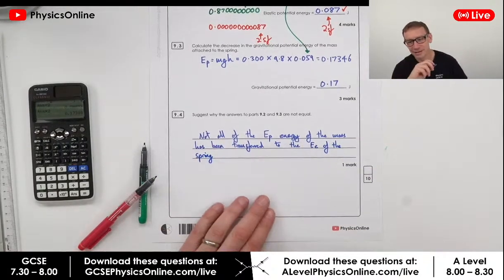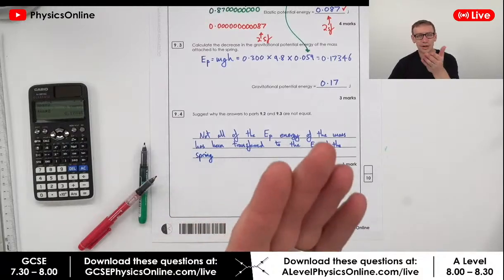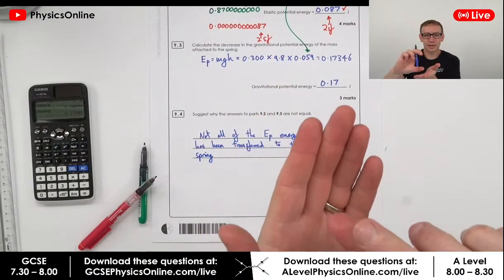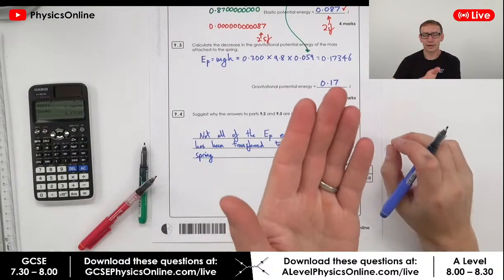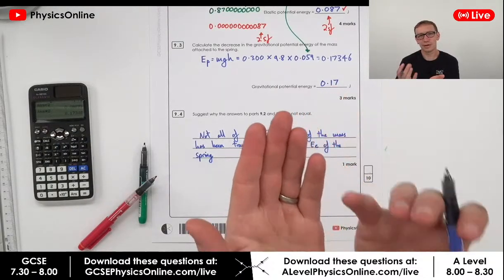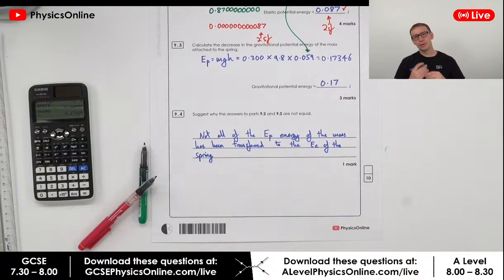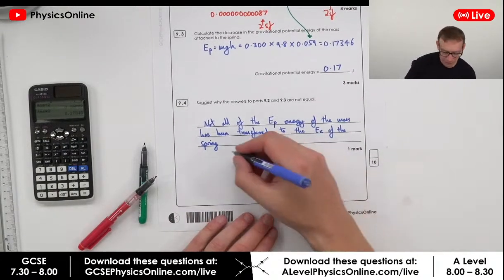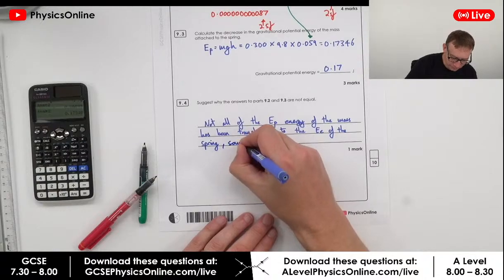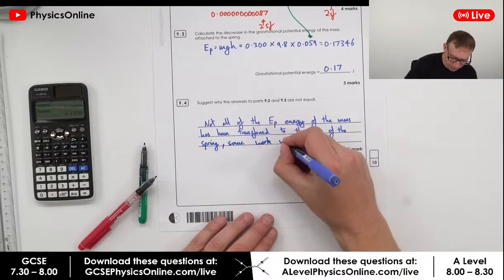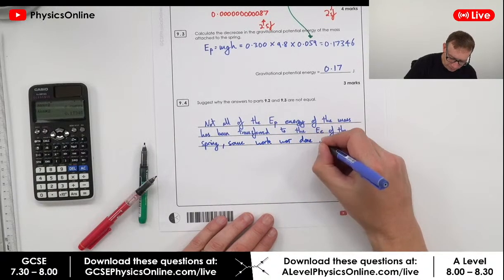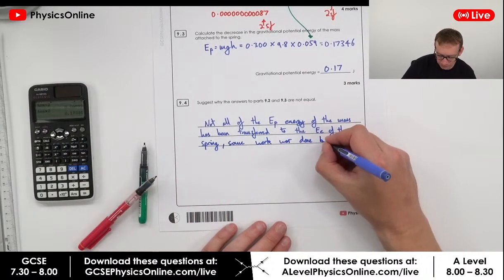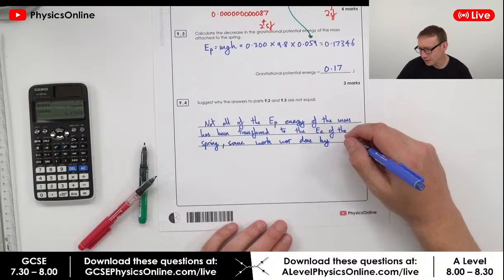And the reason for that is that as you're lowering it by hand, so you put the spring on and then you lower it down gently, as you're lowering it, your hand is still applying a force to that. And that means your hand is still doing some work. And you can basically then say that some work was done, as in work done equals force times distance. Some work was done